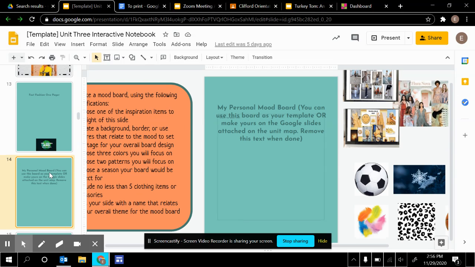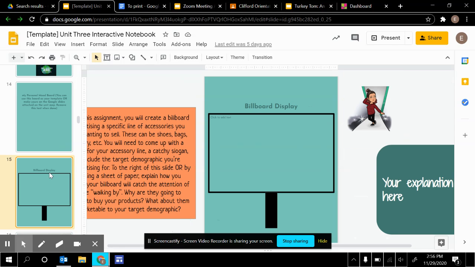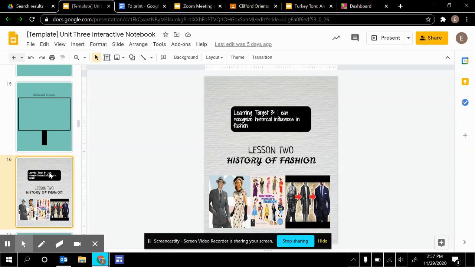This is an option where you can create a personal mood board according to the instructions. This is a pick 3 or 2 where you create a billboard advertising a specific line of accessories. In lesson 2, your required pages are,